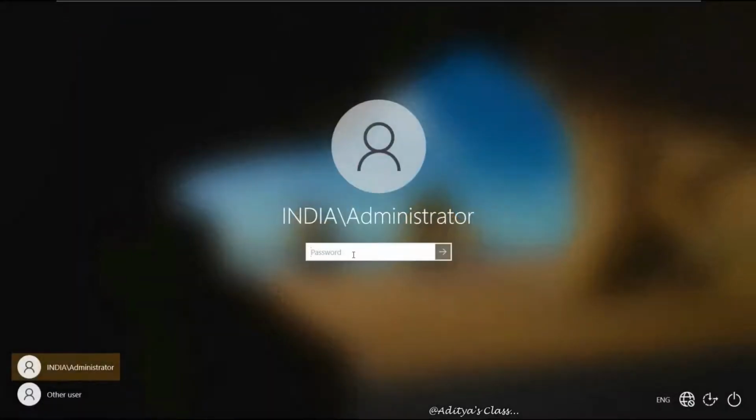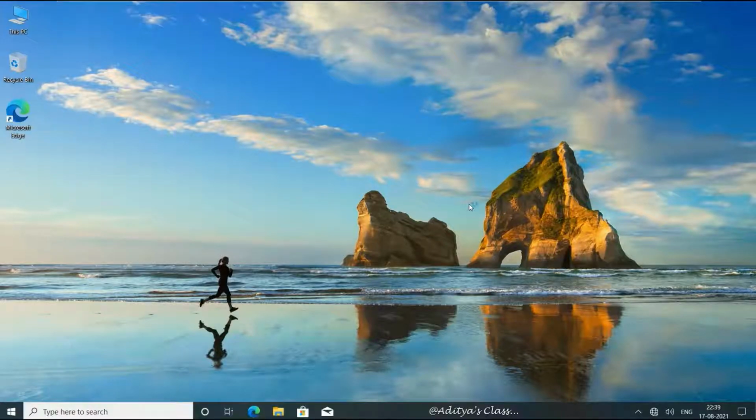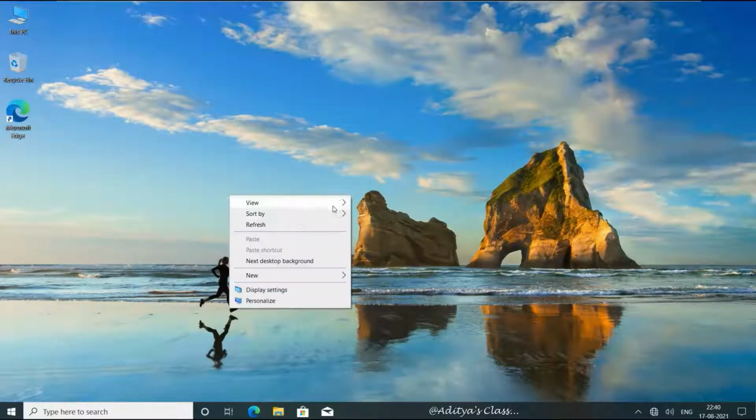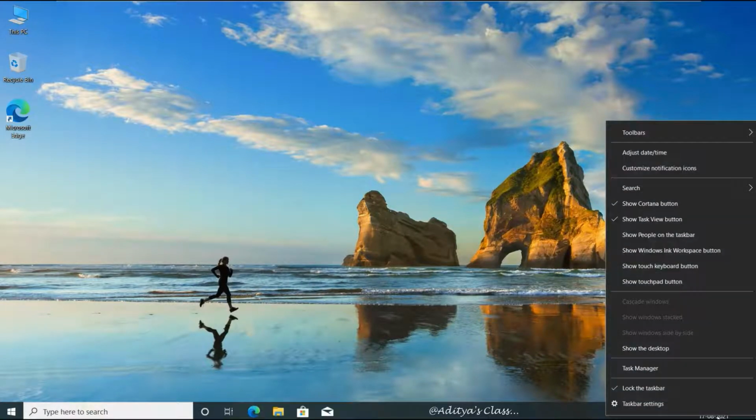Now let's do the same on the client computer. Let's log in as domain administrator. Right click on the date and time option on the bottom right corner and select adjust date and time.